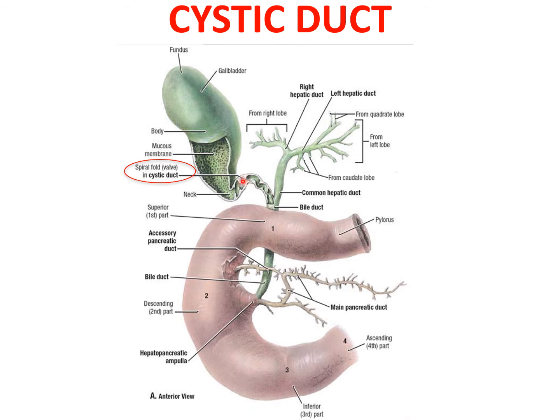Now you can see from inside that the mucous membrane of the cystic duct forms a series of 5 to 12 concentric folds which are arranged spirally to form the spiral valve of Heister. Now the function of the spiral valve is primarily to keep the lumen of the gallbladder constantly open.